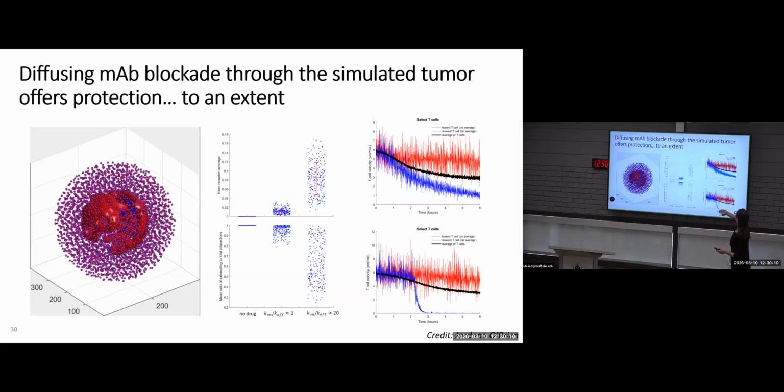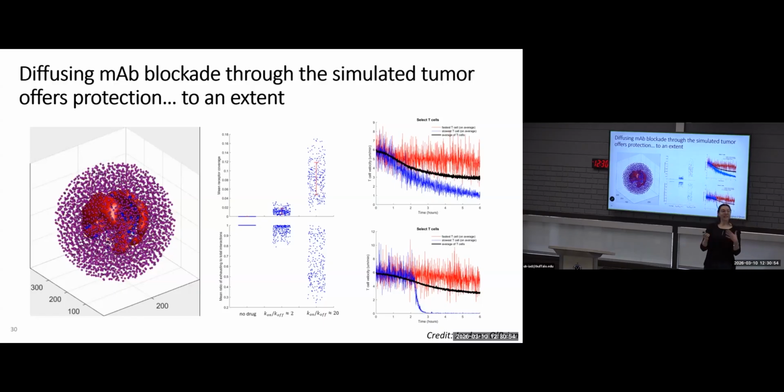We notice that in these lower, so this top plot would be the lower binding affinity, we see even our slowest T cells, maybe they start to become exhausted relatively quickly, but the slope is relatively low, indicating potentially a weaker but more sustained effect. However, these higher KD or higher binding affinity antibodies seem to work really well for about, looking at some of these slowest T cells, about 2 hours and then drop off.